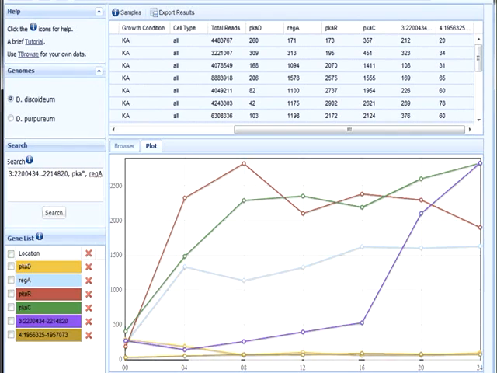Hopefully, this gives you an overview of how tbrowse works. If you'd like to get more information about setting up your own instance of tbrowse to view your own data, check out the Google code